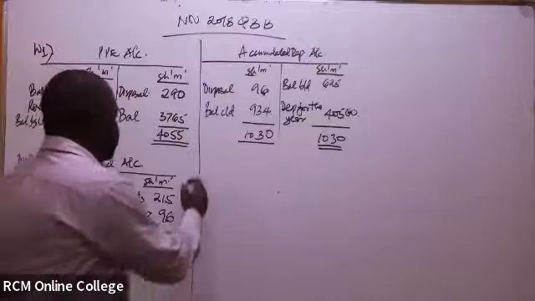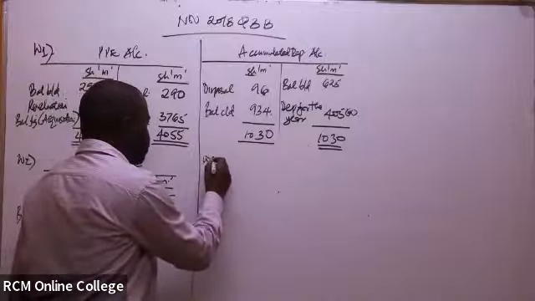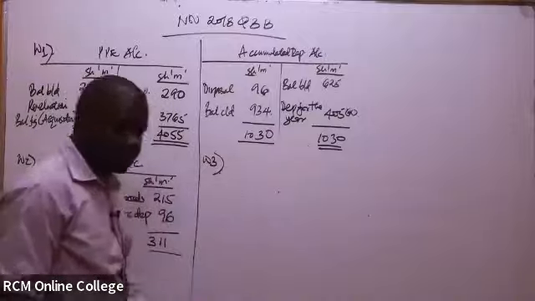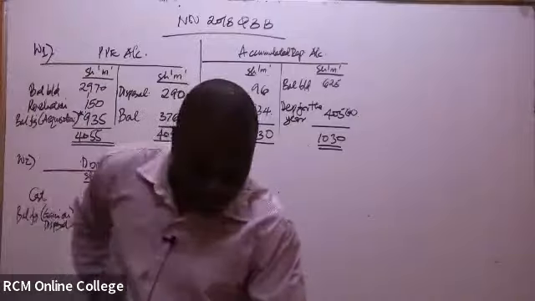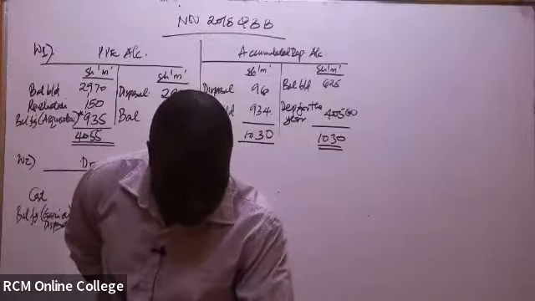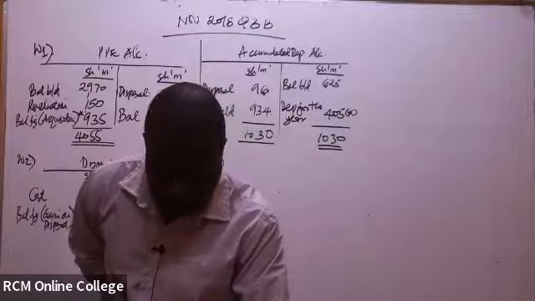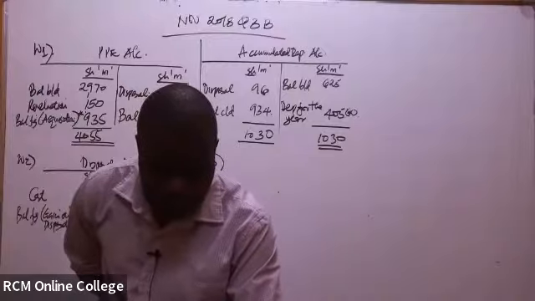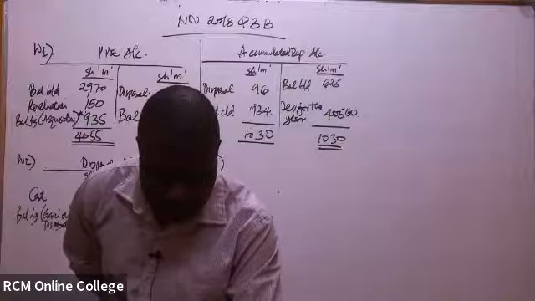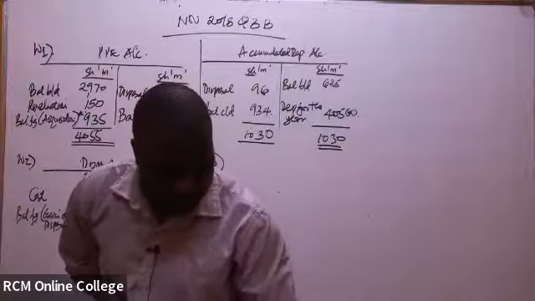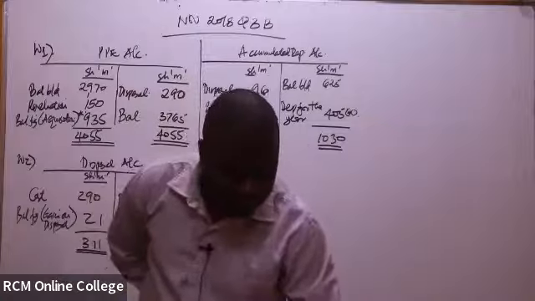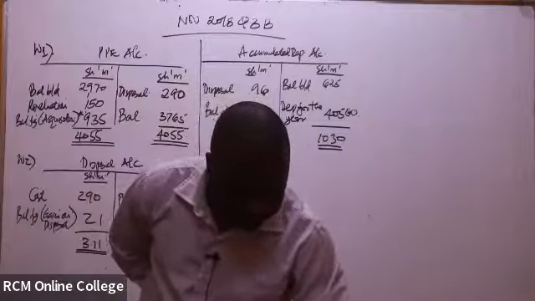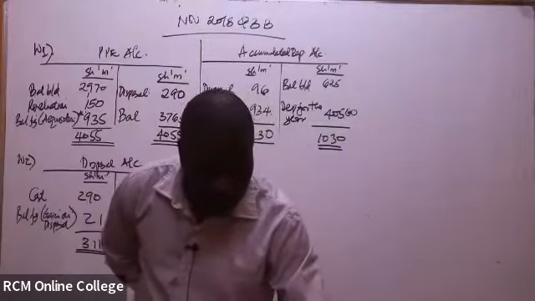So we can go to the other working, which will be working number 3. This one is in connection to note number 2. You are told under note number 2 that the 10% convertible loan stock was convertible at any time at the holder's option. So if you look at the statement of financial position, the 10% loan stock,